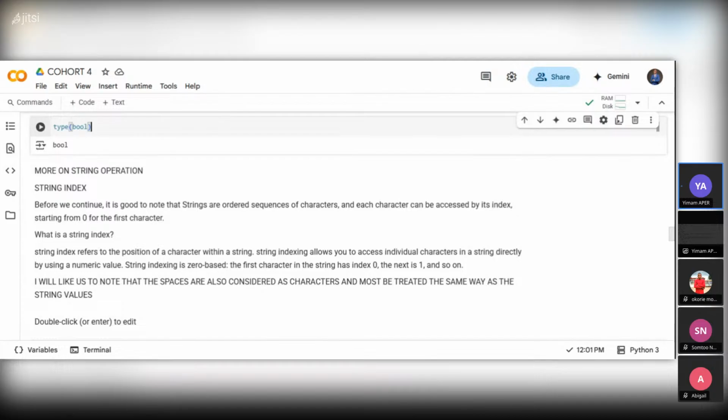So what is a string index? A string index refers to the position of a character within a string. I think I've explained it before. The index is the position of the character within a string. So if we have a string of, let's say,